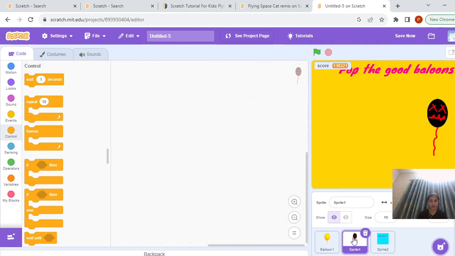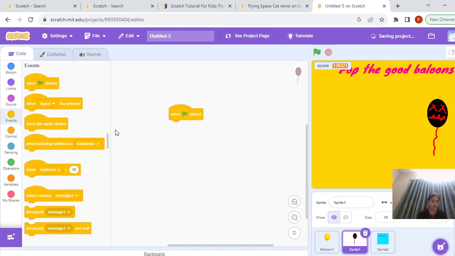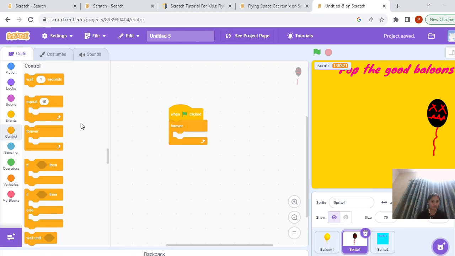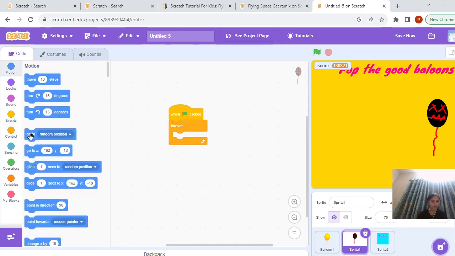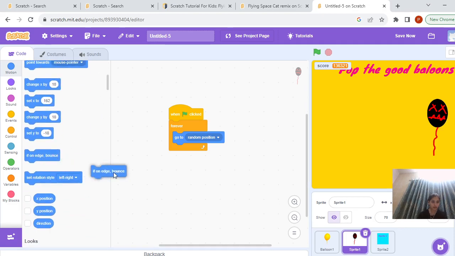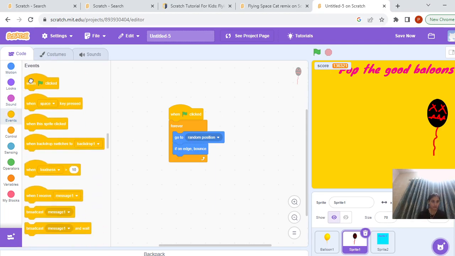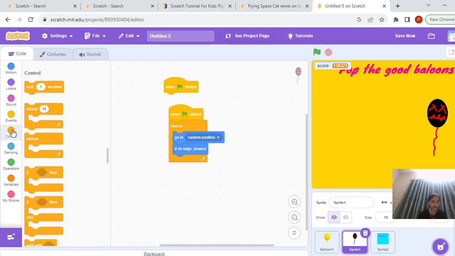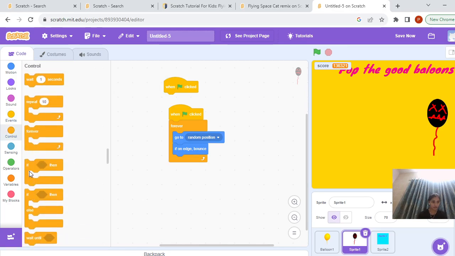Now the bad balloon, we are going to code for that. So if you click on the bad balloon, okay, then your game should be over. Okay, so first of all, we will also make it have to go to the random position, right? So when this green flag is clicked forever, then go to random position. You have to repeat the same things whatever you did for the good balloon. Okay, if on edge bounce, and then when green flag is clicked, put the forever,